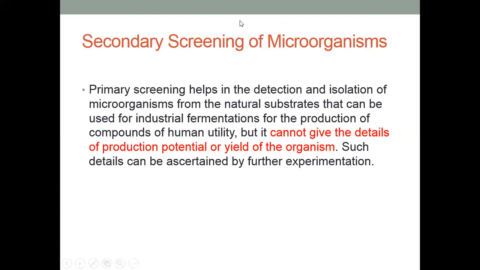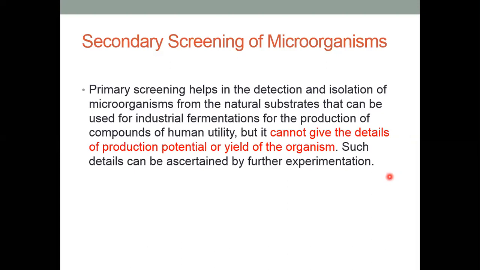So in our previous session, I hope you have received the notes as well, and you have read through the notes. What we did previously, we were doing screening techniques, and especially we were discussing that there are two broad categories. One is primary, and the other one is secondary screening of microorganisms. So in the previous session, we have looked into primary screening techniques, and now we're going to look into secondary